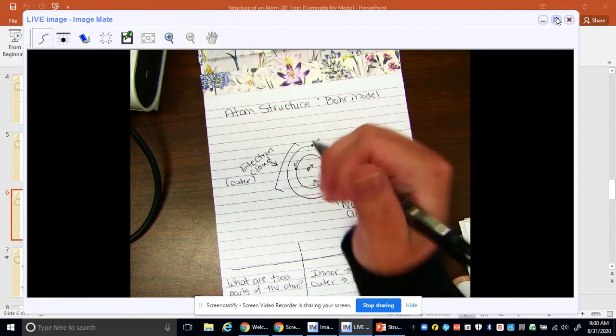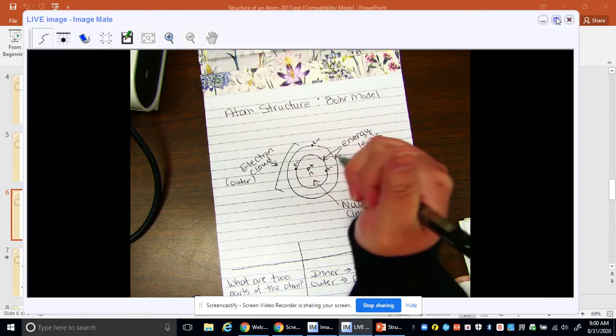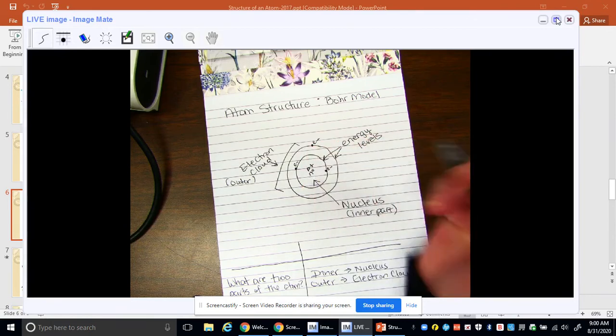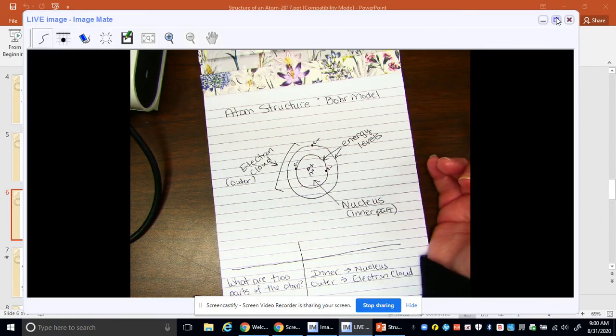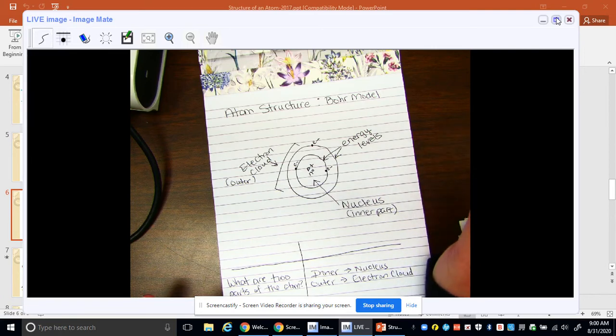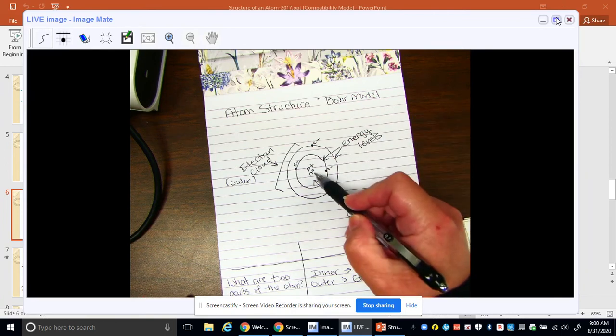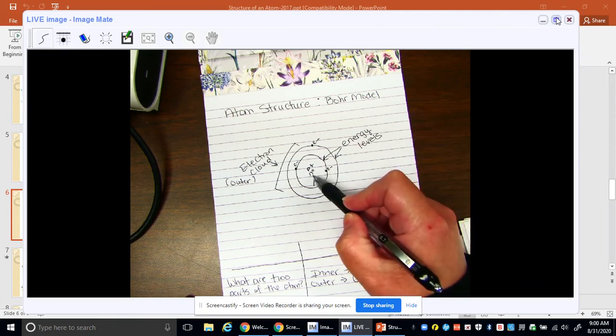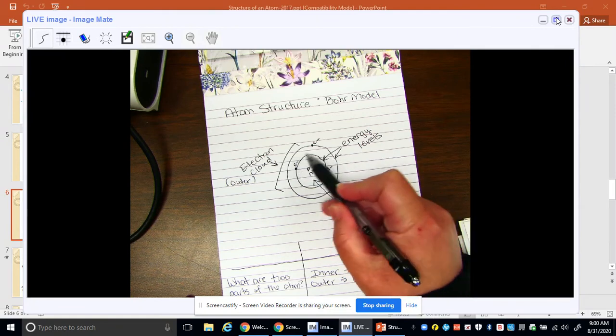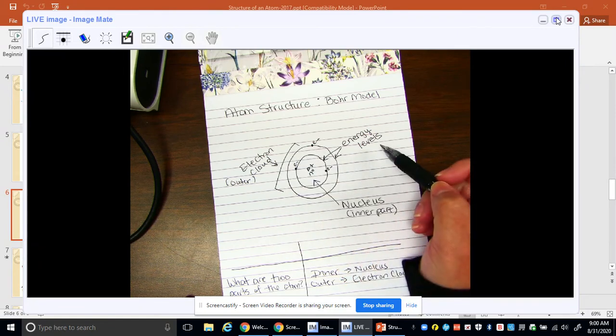The neutron is also found in the nucleus. I'm going to put a little N here, and I'm going to put a 0, because it has no charge. It has no charge at all. It's neutral. Neutron, neutral, as I mentioned earlier in the PowerPoint. So in the center section of the nucleus, we find our neutrons with no charge. We have our protons, which are positive, and they're surrounded by the electron cloud, a negative structure. We're going to get more